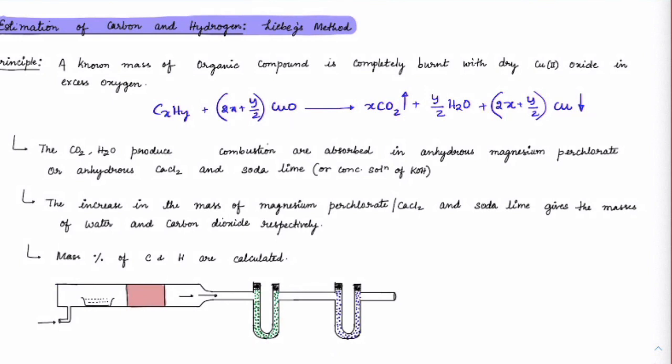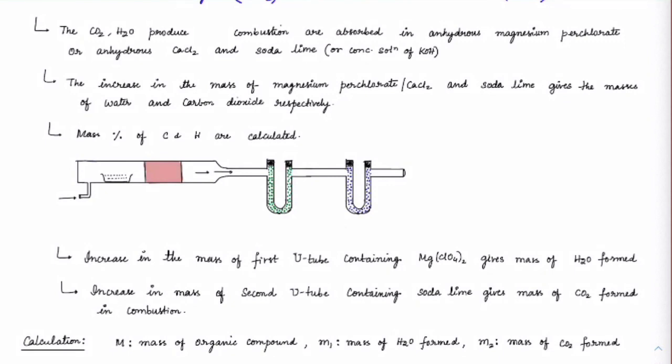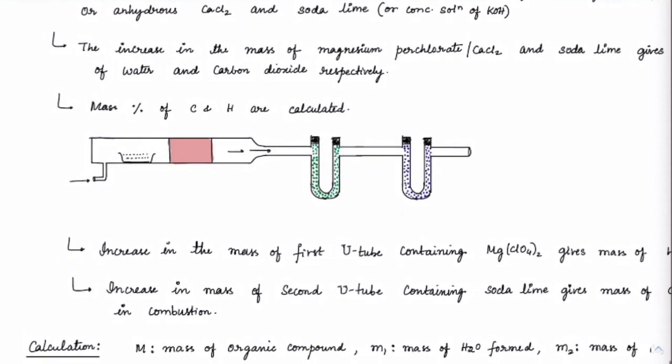So the point is, any form of carbon which is present here with whatever oxidation state it has, all of that will convert into carbon dioxide. That is what we wanted to show. Now, we will have carbon dioxide and H2O produced, and whatever has been produced will be absorbed into anhydrous magnesium perchlorate or CaCl2. Those are dehydrating agents. Now the increased mass in that is what we will calculate. I'll show you how it is happening through this experiment.